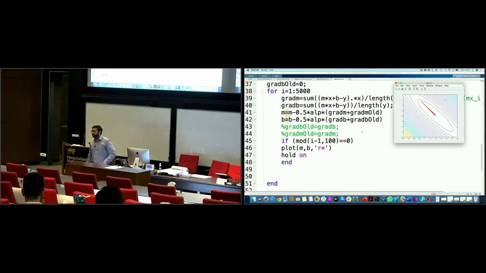So rather than going in this direction, you are going in a combination of this direction and a very small part in that direction. That's happening because the Hessian matrix of your cost function has eigenvalues where one is very large and one is very small. If it was like this, you would be going there very fast.